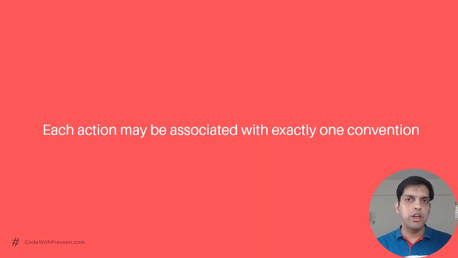One important point that you need to remember when you are working with API conventions is that each action may be associated with exactly one convention only. Meaning that, as we are going to see in forthcoming lessons, when you apply these conventions, you need to apply only one convention at a time for an action method. If you are going to include more than one, then it's going to create ambiguity. Of course, such situations may not occur because these conventions are typically designed to apply for a specific HTTP verb, such as post, put, delete and so on.